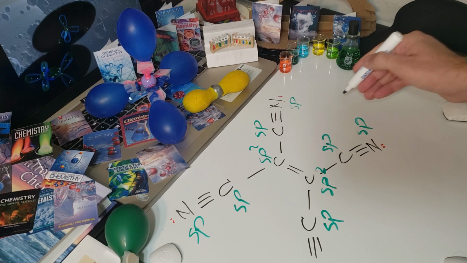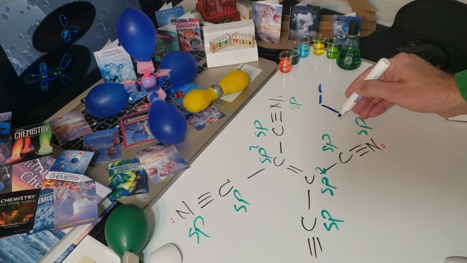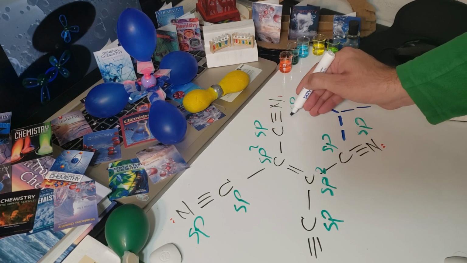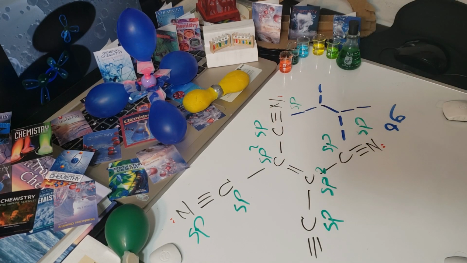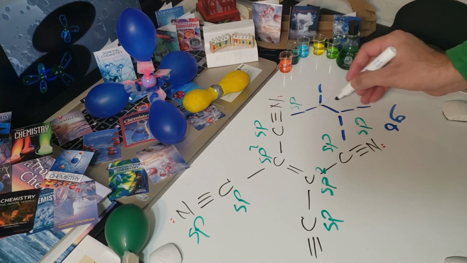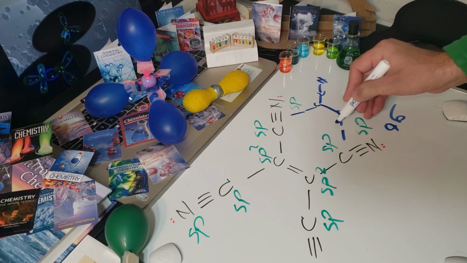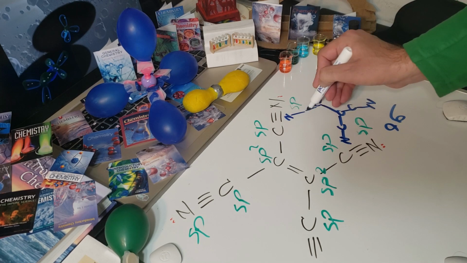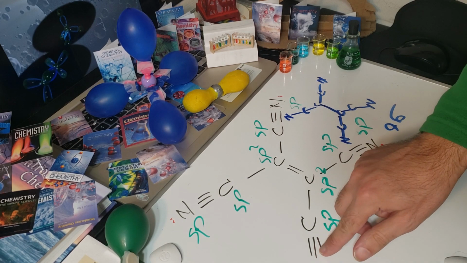I should do the connectivities. 1, 2, 3, 4, 5, 6, 7, 8, 9. 9 sigma bonds. These are the connectivities. If I just connect the 2 carbons and carbon nitrogens, okay, that's the connectivities. And also the pi bonds, I could just highlight them